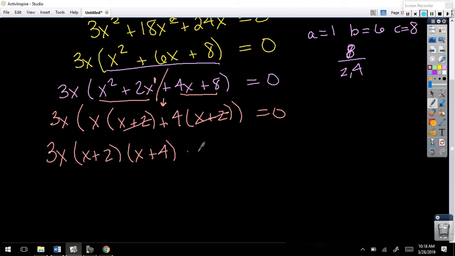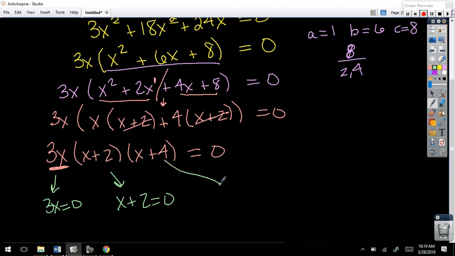Now, I'm not done because I have to solve this. So when you solve and you're multiplying, what do you do? Set everybody to 0, right? So notice, because this one's got an x, it's going to have one of my answers in it. So if 3x equals 0, or x plus 2 equals 0, or x plus 4 equals 0. Does that make sense? How about the first one? If I solve that for x,